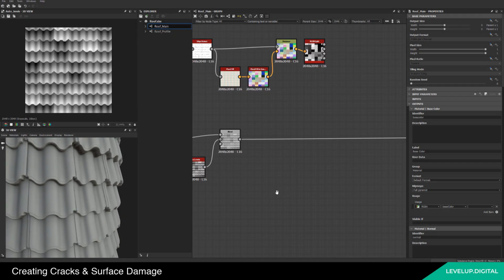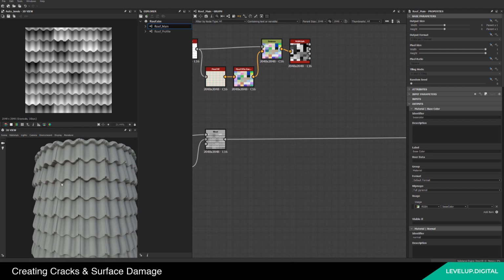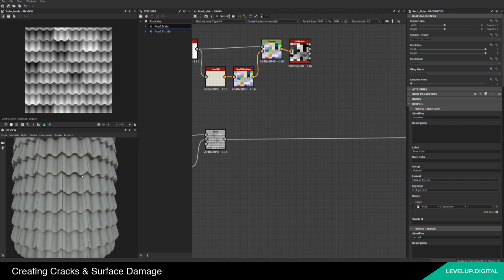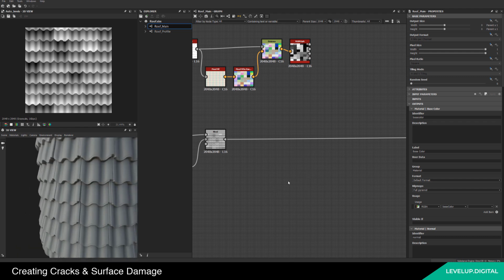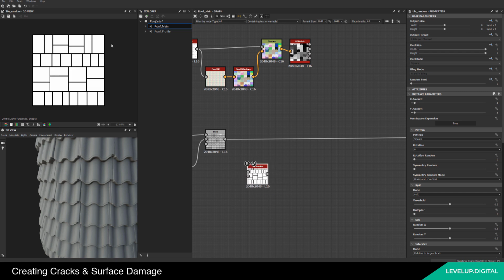So coming back in here, we will add a bit of cracks on this. We want to randomly put a little bit of surface cracking on some of these tiles. So we'll start with the tile random node, which is just a node that's good at laying out a couple of different shapes. So we're going to swap these over to the disk,